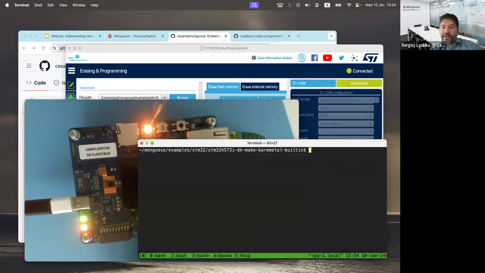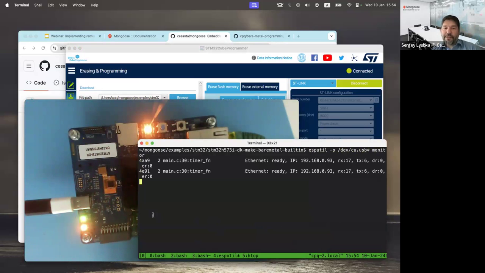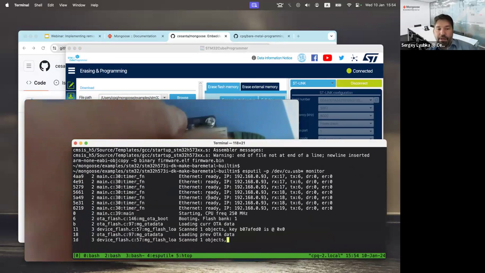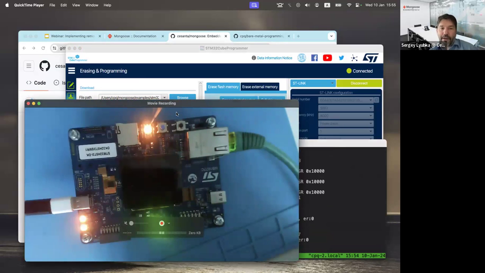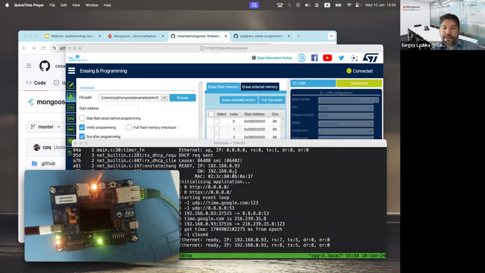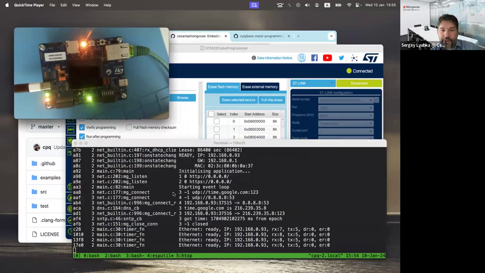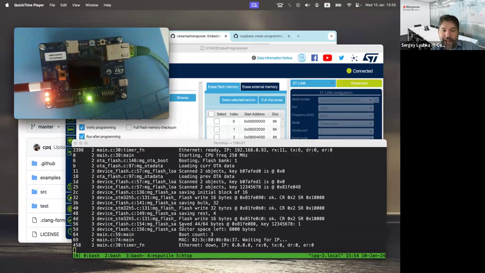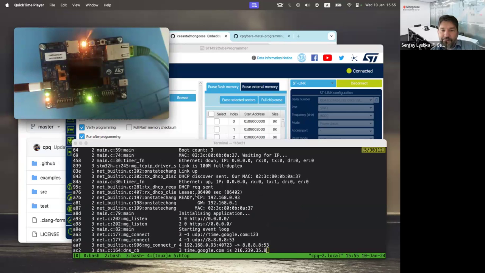So now I want to monitor serial logs. Let me start the monitor. So I'm running the utility that monitors serial logs. As you can see, now let me reboot the box. So I reboot the box, and the serial log, let me pull it over here. Well, let me reboot it again. The serial log says that, okay, I've got the address from DHCP. So this is the address